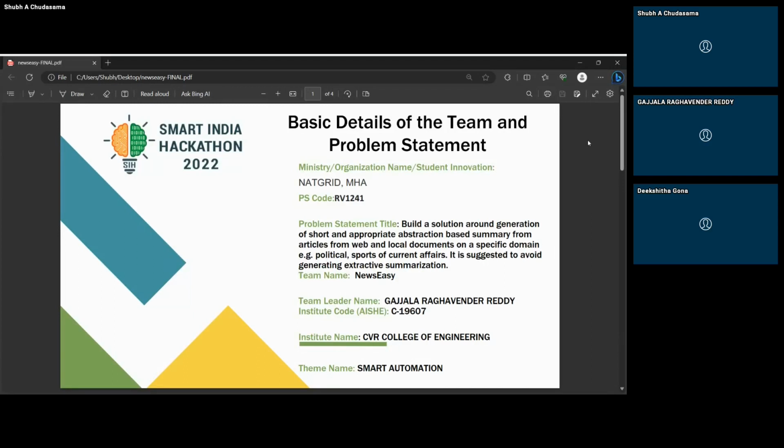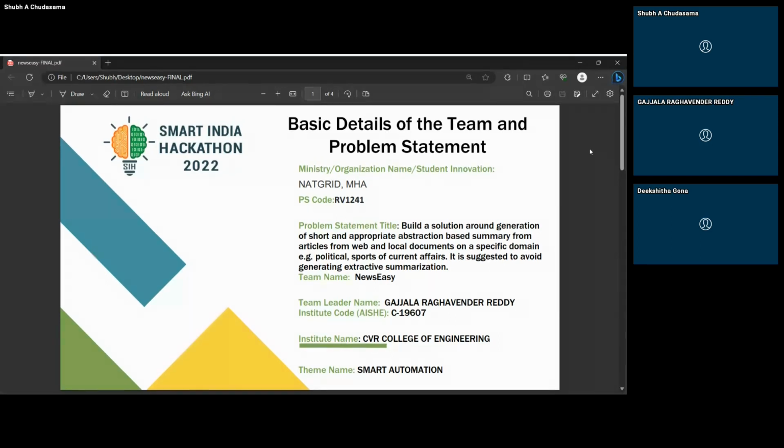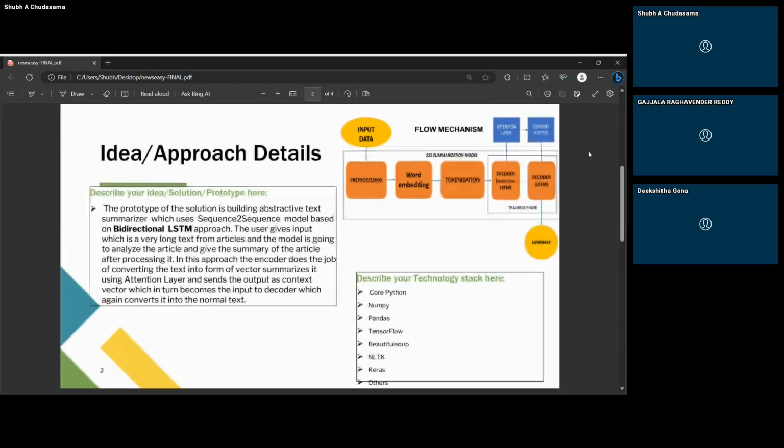So basically in SIH, the main role is played by the team leader itself. Whatever SIH wants to communicate will be communicated through the team leader, and whatever the team leader has to communicate will be communicated only through the team leader. So the team leader has to take the main lead here. Details must be filled in very correctly because everything will be communicated through the team leader's mail only, and they'll ask for some secondary mail also. So can you go to the second slide?